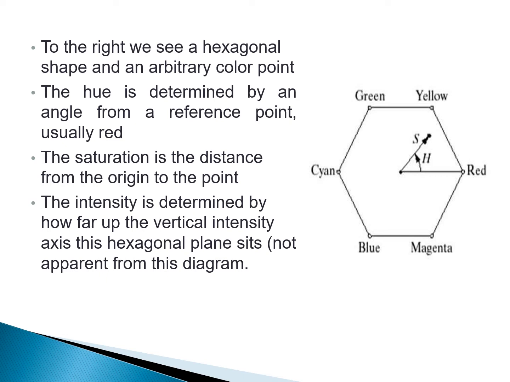You have to observe that the origin is defined by the intersection of the color plane with the vertical intensity axis. The important components of the HSI color space are the vertical intensity axis, the length of the vector to the color point, and the angle this vector makes with the red axis. Therefore, it is not unusual to see the HSI plane defined in terms of the hexagon just described as a triangle or even a circle.